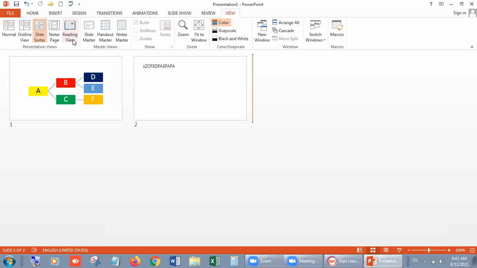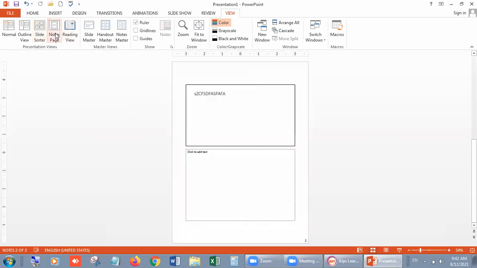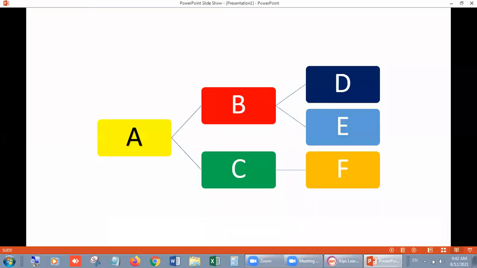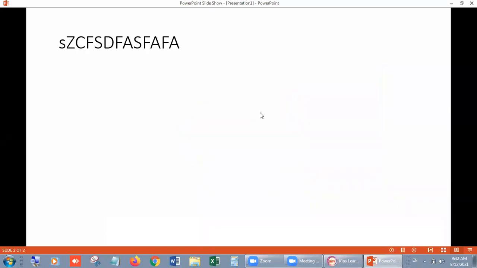Okay, next is notes page. In notes page you can write something about your slide if you want to write more, but we don't need more of this option. Next is reading view. In reading view you can't do anything with your slide, you can just see your slide with the status bar and its title bar, it will show.